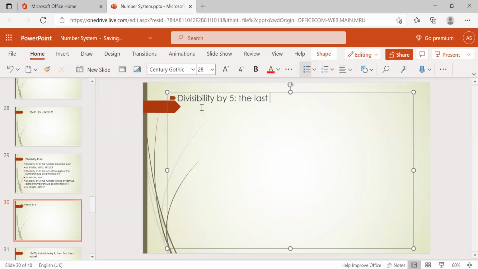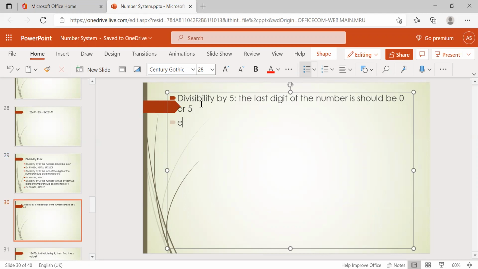The last digit of the number should be 0 or 5. Either 0 or 5. Okay. So whenever you find the last digit of the number is 0 or 5, that number is divisible by 5. So no doubt at all.